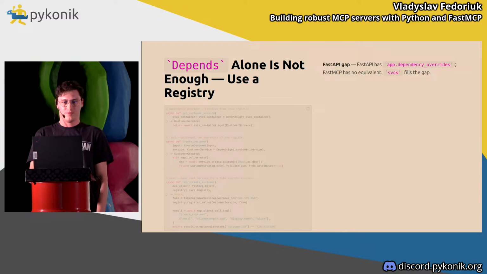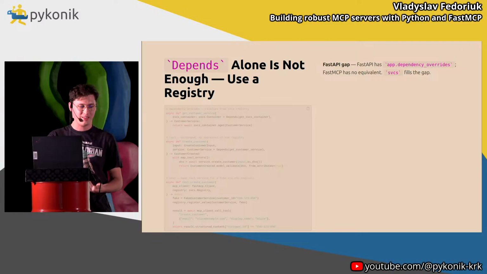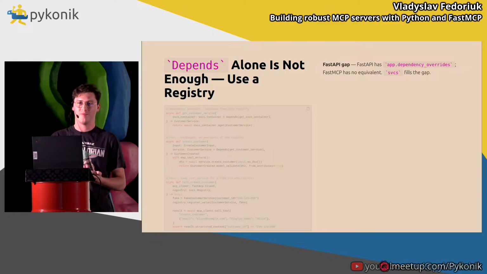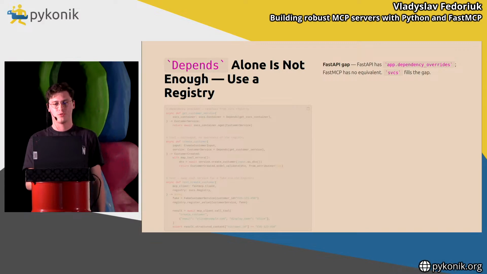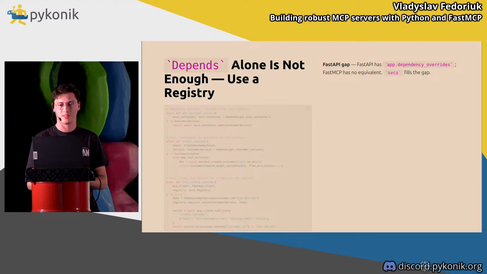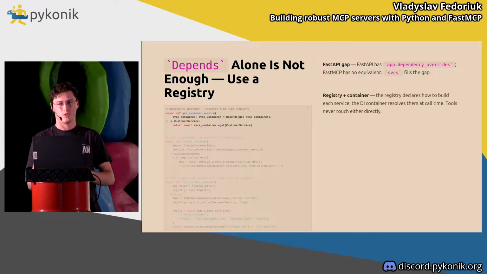And when it comes to dependency injection, Depends is also not enough in itself. So FastAPI has dependency overrides, and FastMCP doesn't have anything of that. But there are a lot of cool external tools which could fill in the gaps, and one of them is svcs. And so what svcs